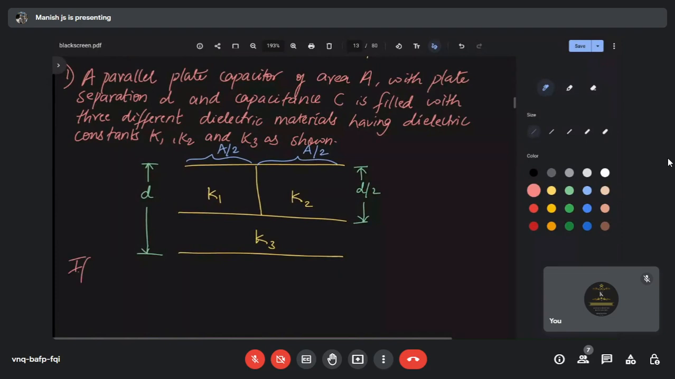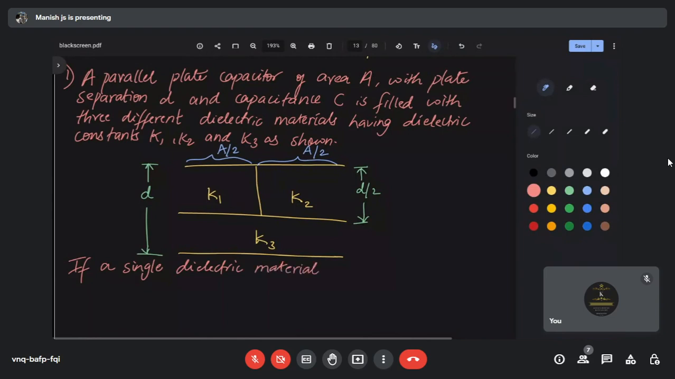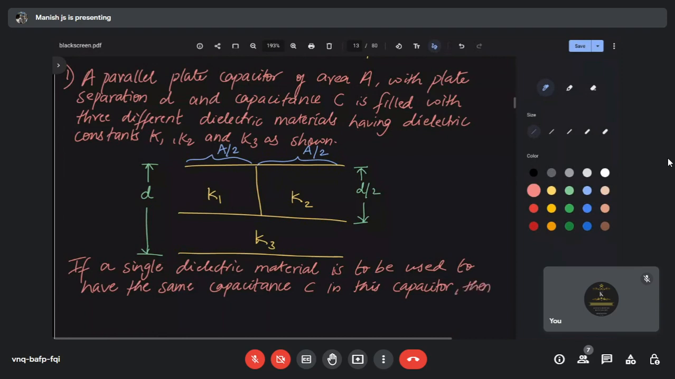If a single dielectric material is to be used to have the same capacitance C in this capacitor, then its dielectric constant K is given by,